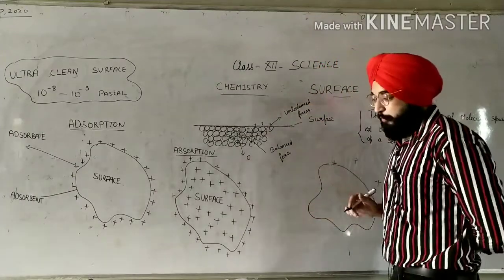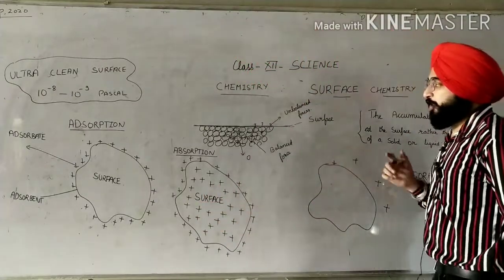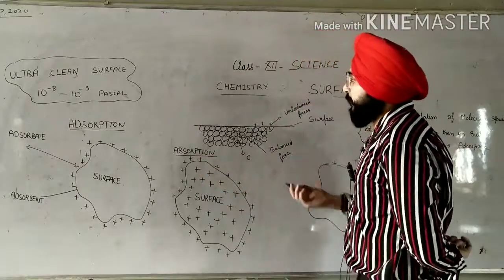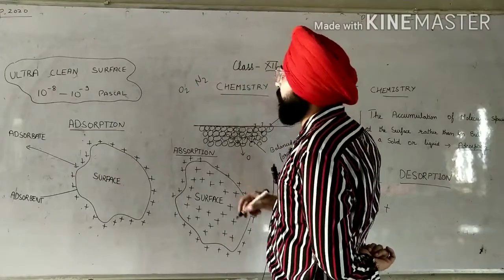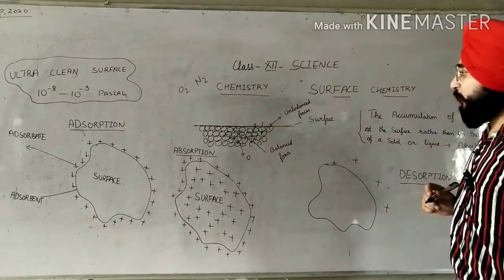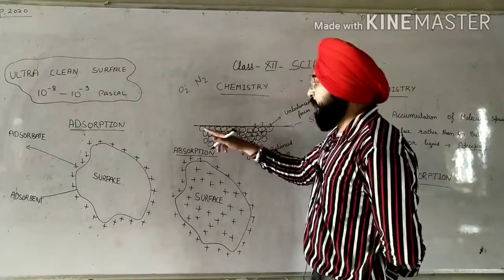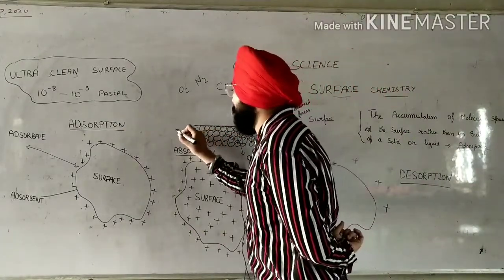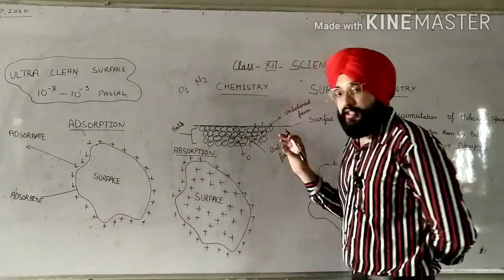So this is the concept of surface chemistry, in which we will study the interaction of the surfaces with particles, like particles of oxygen, O2 gas, and nitrogen gas. You can note it down that this is the surface, and this is known as bulk. What is bulk? The number of layers inside the surface.